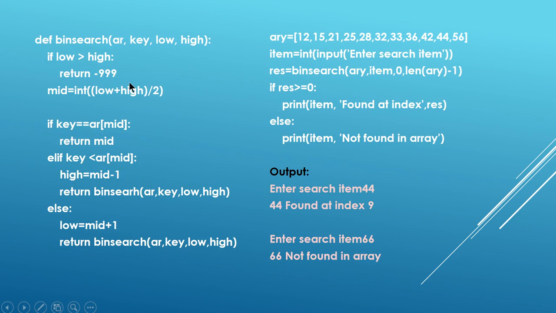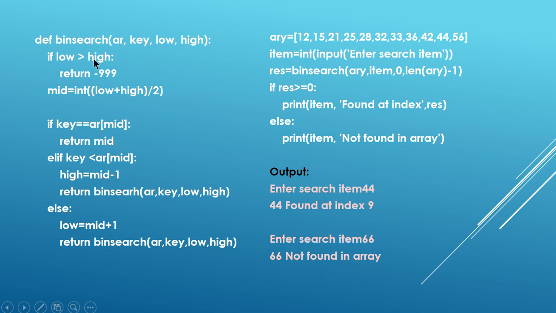So this is def binary search. What are all the values that you need to pass? It is the array, that is the list of elements, the element that you are looking for, and the new list of elements that you are supposed to search, low comma high, because it keeps on changing, right? Either you will be doing from low to mid minus 1 or mid plus 1 to high. So you are passing 4 parameters.